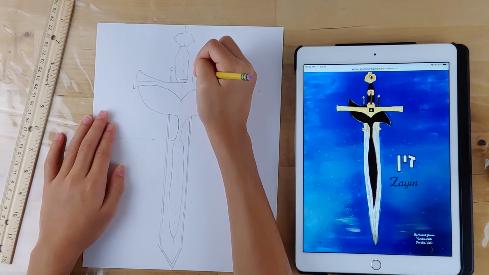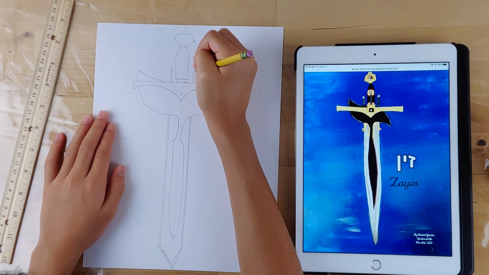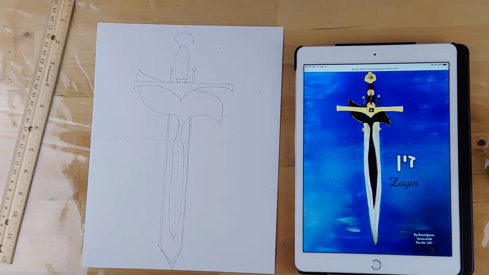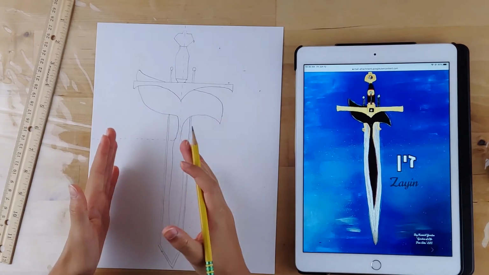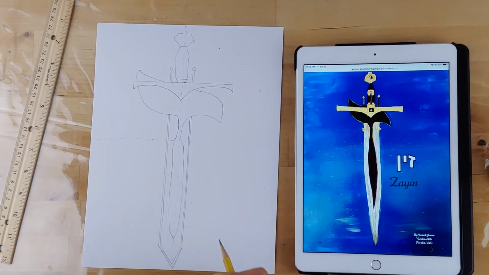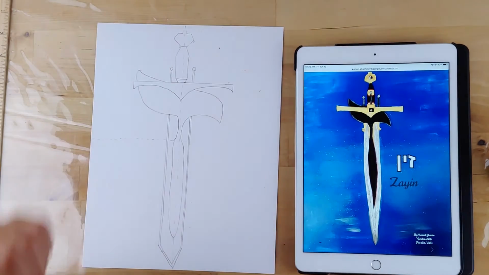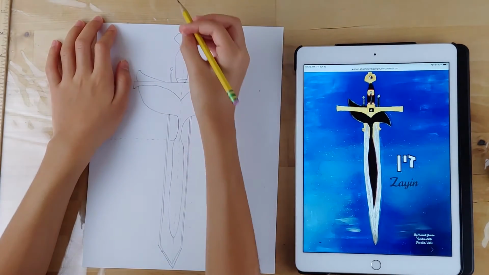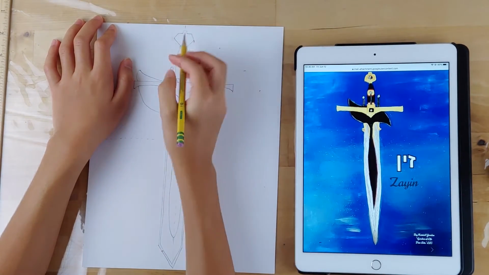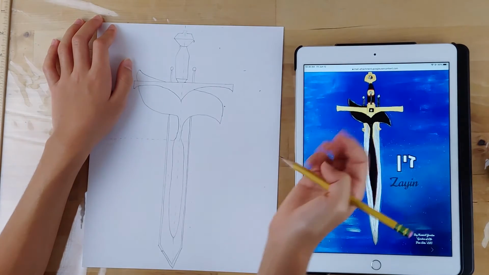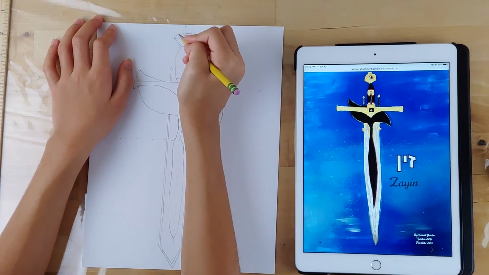Now remember, we're not copy machines. Mine's gonna look different from yours and yours from mine. So we wanna make sure that mine is never gonna be the same as the one in the picture. So you can also get creative, you can do your own stuff. What I'm gonna do with mine, I'm gonna make a diamond type of thing for this part. You can do it too, or you can do whatever you want. You can make it look like the picture. There's many things you could do.